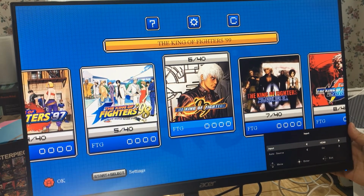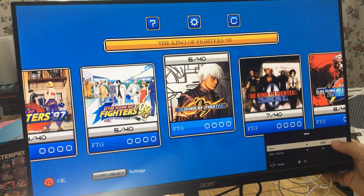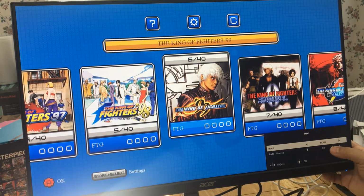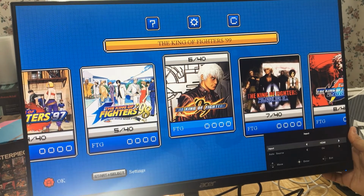Okay, so you can either change it to VGA in or HDMI. VGA in is for a computer, and this is just for a monitor. So this one is mainly for a monitor, but it doesn't have a built-in speaker, which is kind of sad, because